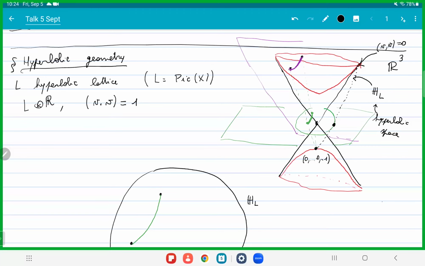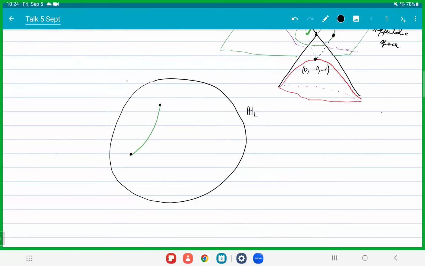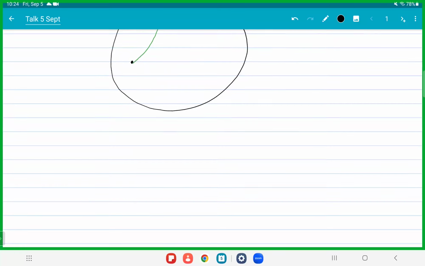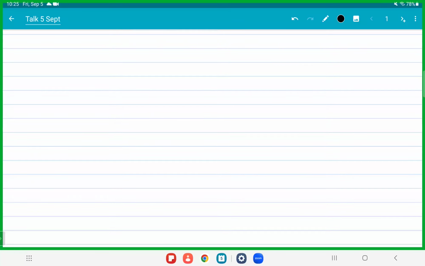ball. So in a way, we can interpret the point on this boundary as projections of the vector of norm 0. So the boundary parametrizes vectors of norm 0 in Pic tensor R, while vectors inside parameterize vectors of norm 1, or up to scaling vectors of positive norm. Okay. And now we'll see why this picture is so useful. So I'll draw another picture so hopefully it's a bit more clear.